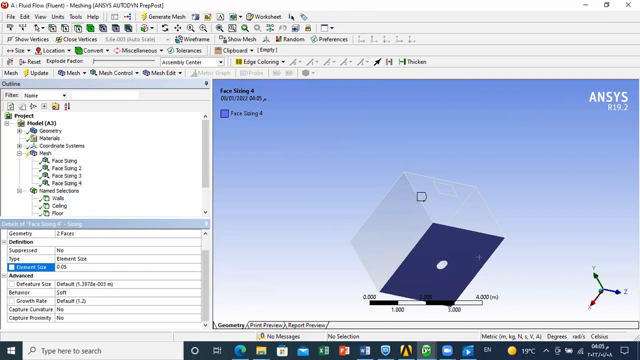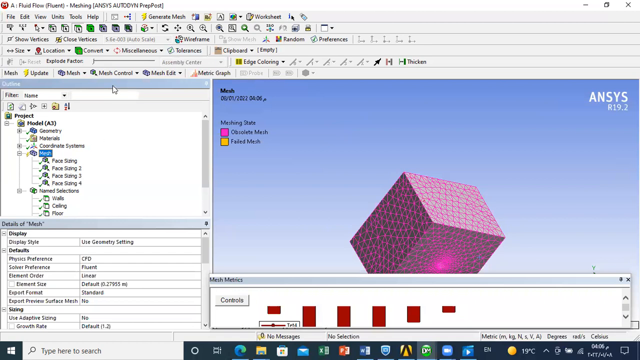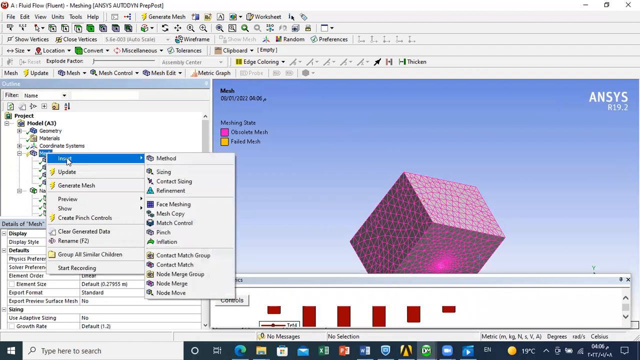Okay. So now I have a different sizing for my different parts. I am done. I did sizing for all parts. So I expect that the quality of my mesh will be enhanced. So again, I do mesh, generate. Before generating mesh, if you want to select a certain type of elements, you can just do mesh, insert